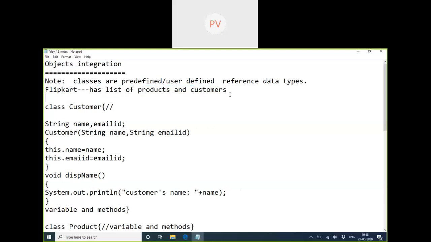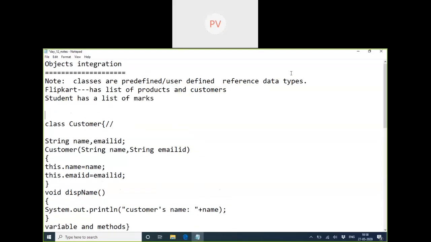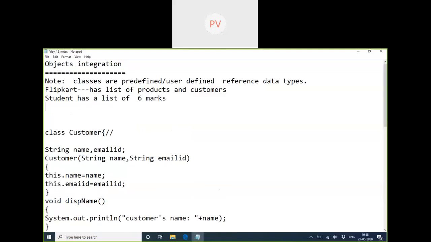Just correlate with another statement: a student has a list of marks. How will we represent that? A list of 5 marks or 6 subjects marks. How will we write it in coding?